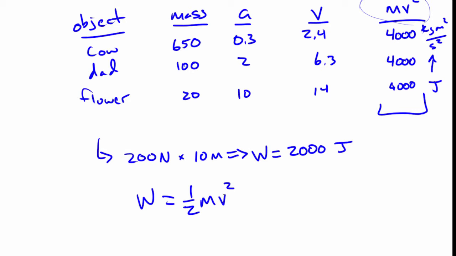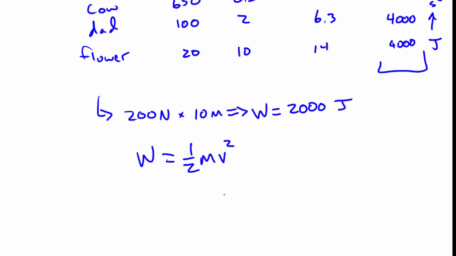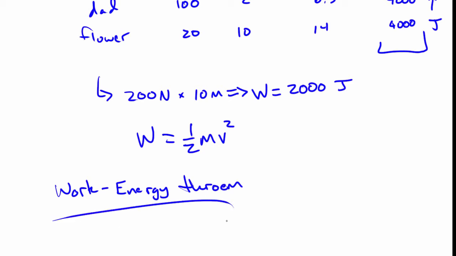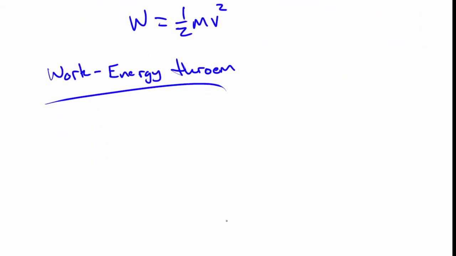So this is, in essence, the concept behind the work-energy theorem. So what we're really getting at here is this thing called the work-energy theorem. The work-energy theorem is pretty important stuff, and it's not terribly obvious. All right? The work-energy theorem says that if you do some work on an object, that will cause a change